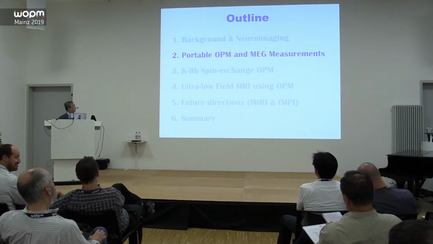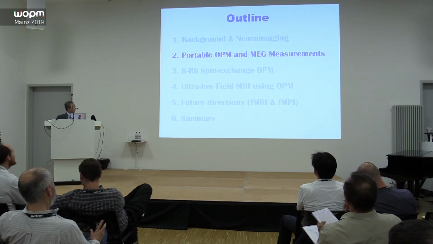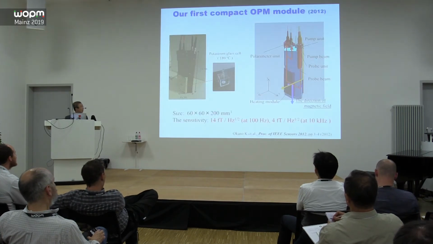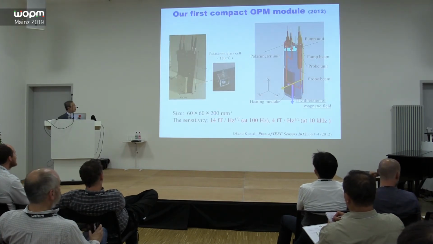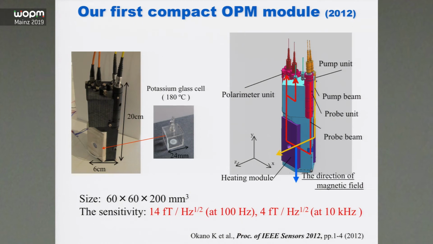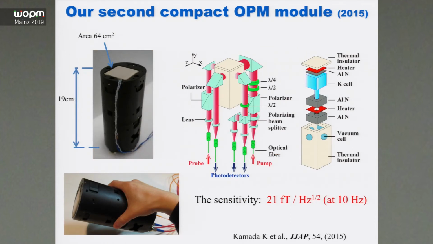So next, we would like to explain the history of our development of portable MRI. In 2012, we first published our compact OPM module. The sensitivity was 14 femtotesla per root hertz at 100 hertz. This is a good one, and we continue to miniaturize the compact OPM module. This is our second compact OPM. We published this